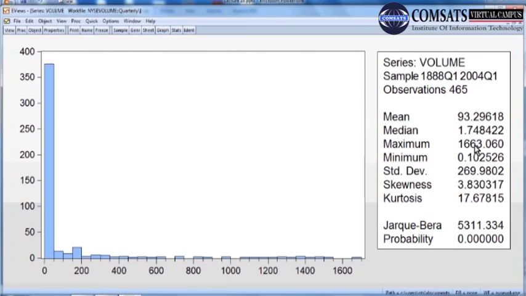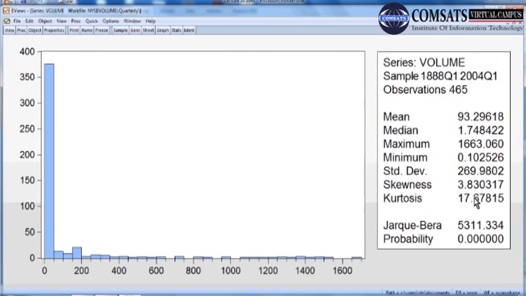The maximum value in the observation is 1663, and the minimum value is here. Obviously, we can easily calculate the range of the values on the variable. The standard deviation is calculated.